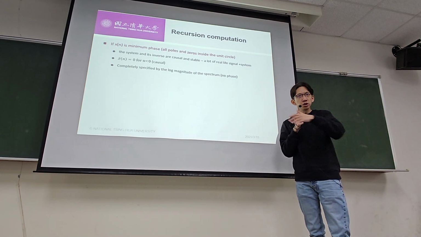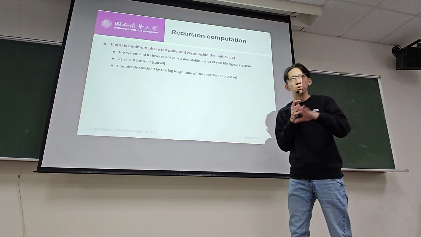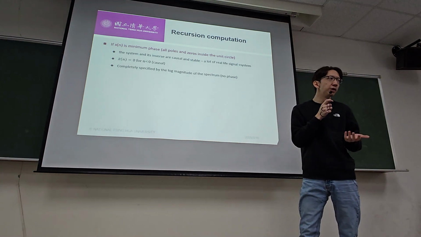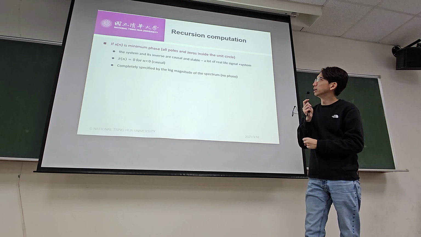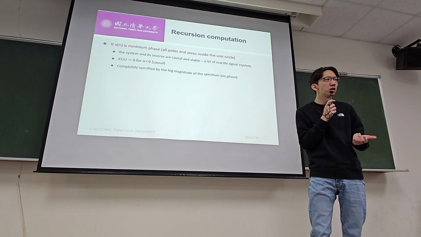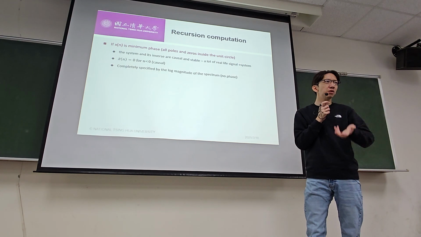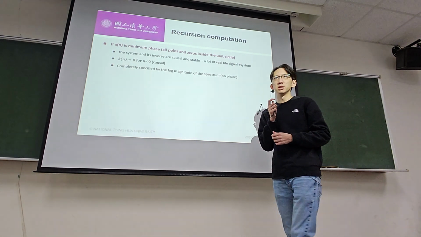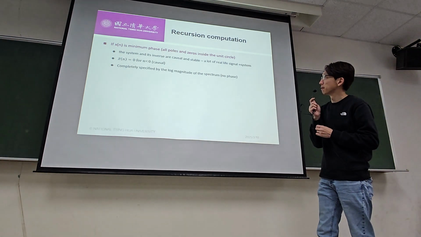When we teach you math, we teach you everything. But in terms of actual engineering systems that work out in real life, they are usually minimum phase. Their poles and zeros are inside the unit circle. The system and inverse are always causal and stable. If you have a system that's non-causal, it's very hard to operate. If a system is not stable, when you run it over time, it's going to explode. So usually you design a system, a set of operations on your signal, that are always causal and